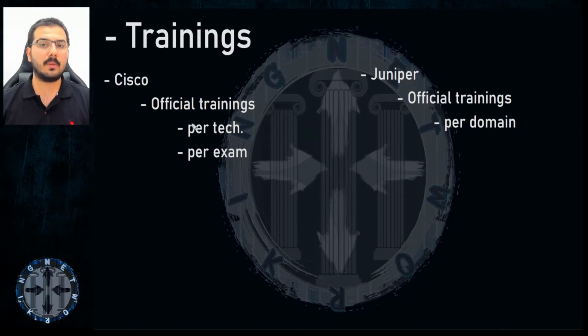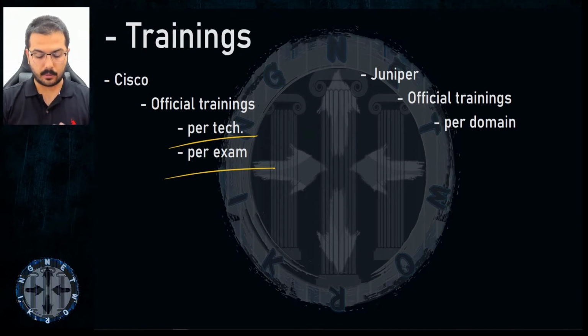The training can either be from Cisco Press or can be from Cisco Network Academy, and it can be per technology and per exam. So what I will do is go and search right now on google.com, and I will say I would like to prepare for the Cisco CCNA exam from cisco.com, Cisco Systems, I'm sorry. So I will say Cisco CCNA, and I will give it an enter.